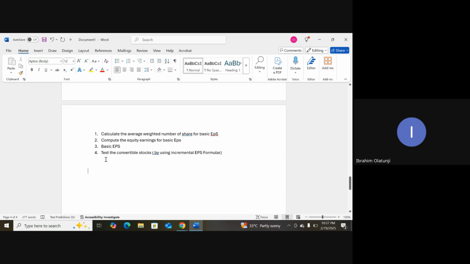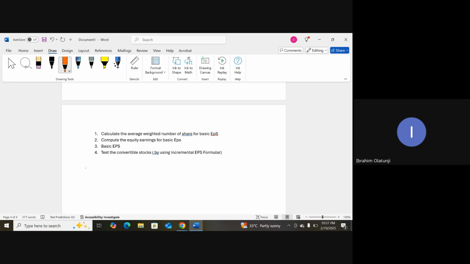The diluted EPS formula will be equal to the earnings from basic EPS,